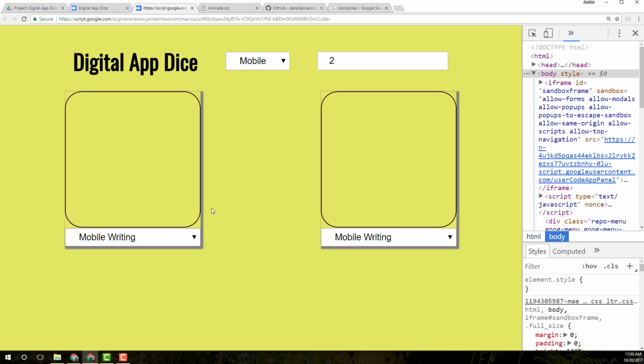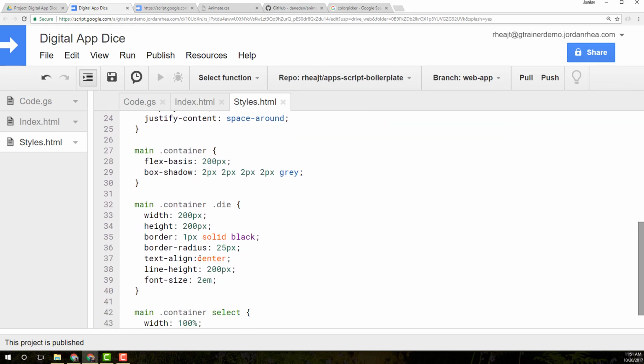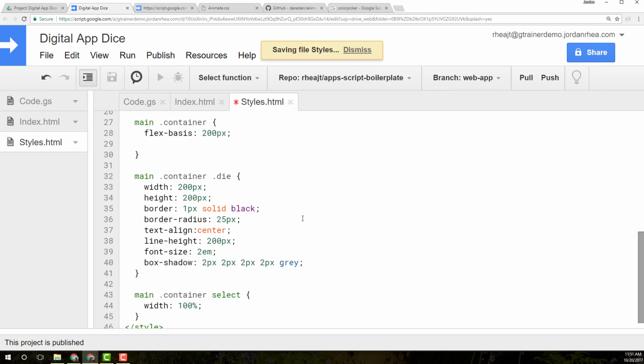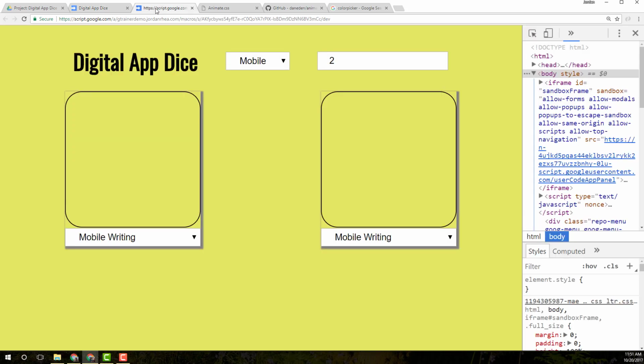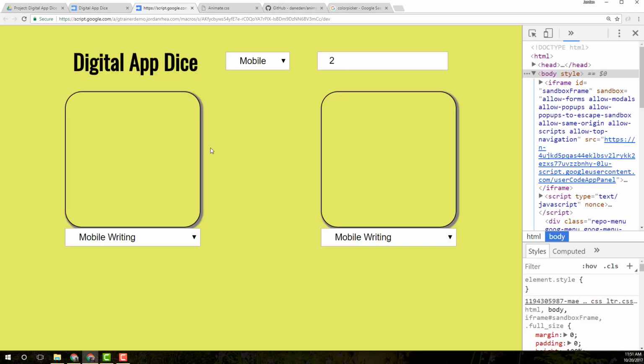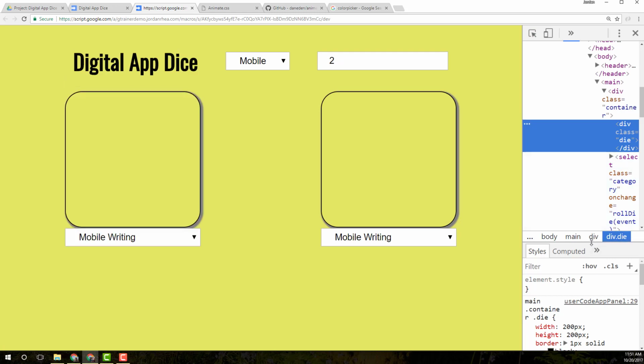Now, that shadow, I don't like the way that it should be on the dice, on just the die itself. So let's fix that. Let's move this over here, save, and refresh. All right, that's better. Now, I don't really like the look of that box shadow, so let's come over to